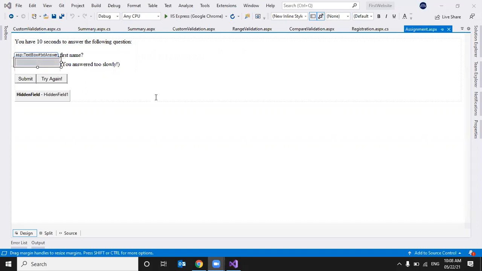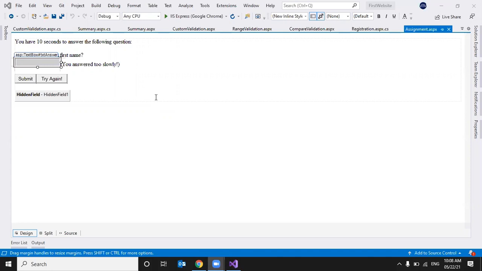So I have a question here and we have a text box. You have to answer that question within 10 seconds. When the page loads, the timer will start and you have to answer within the 10 seconds. When you click the submit button, you have to compare the initial or start time with the current time.